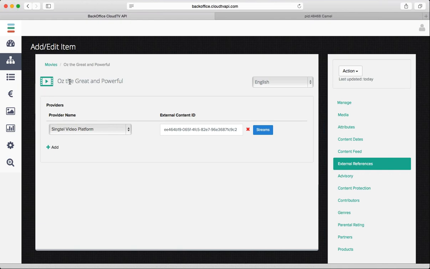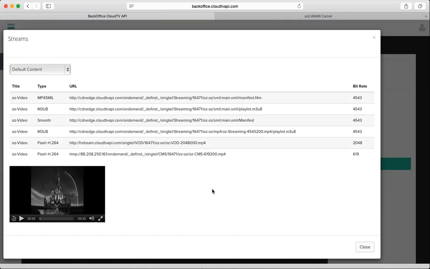You see, this particular movie, Oz the Great and Powerful, is in a video platform that we're using to demonstrate to a service provider, and the user experience can call this exact same API